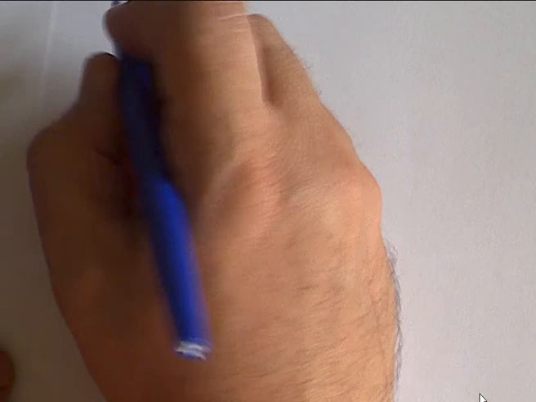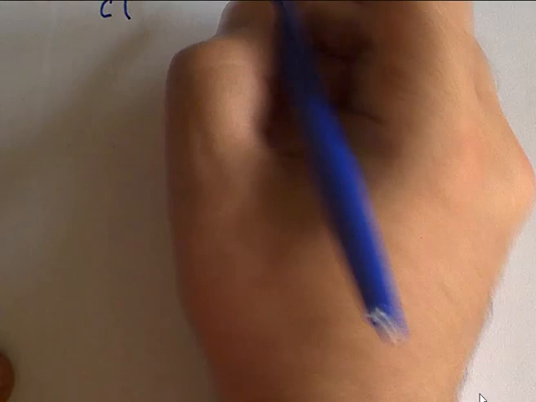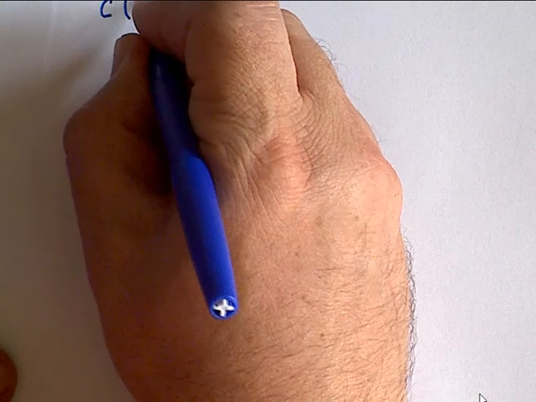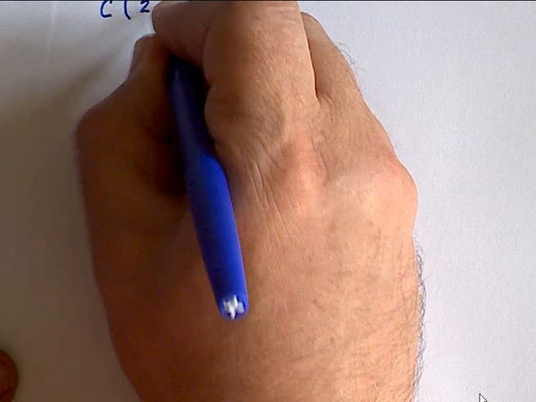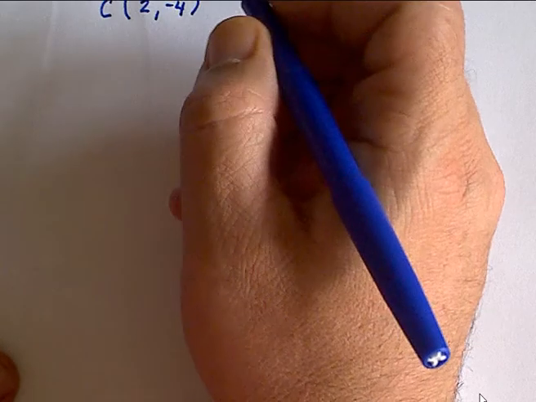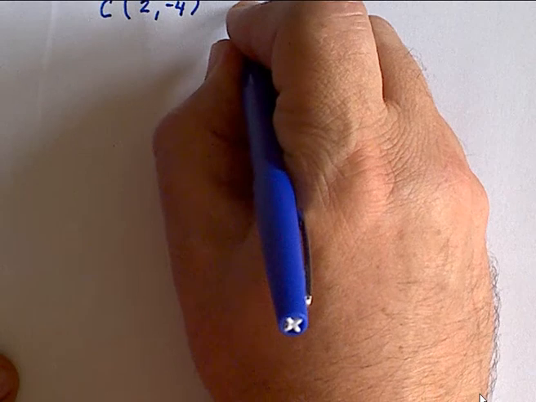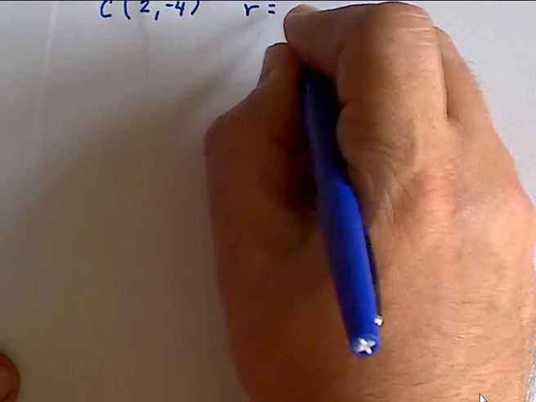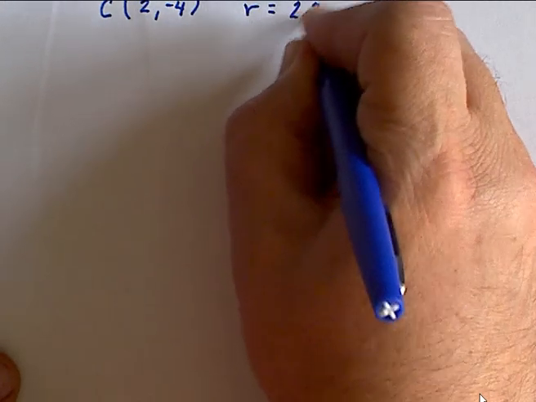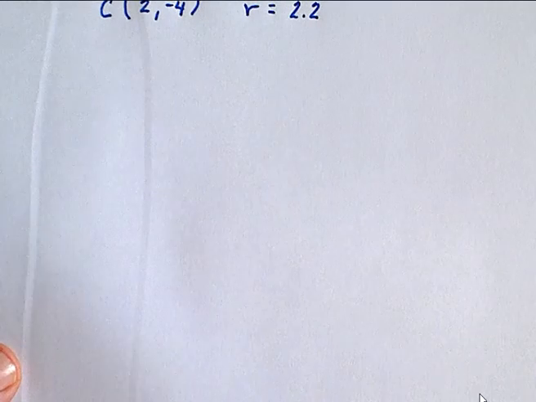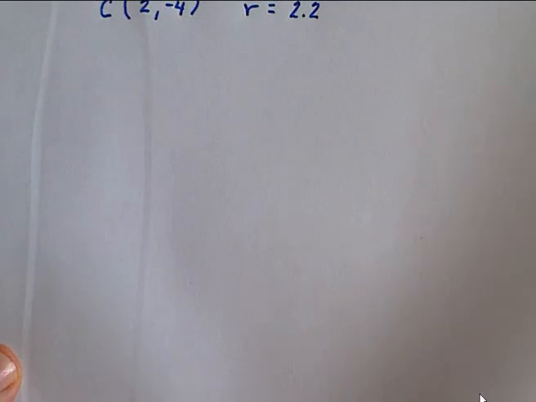So let's say, for example, I have a center at (2, -4), and let's say I have a radius that's equal to 2.2. Okay, bring it down just a little bit. Okay, now